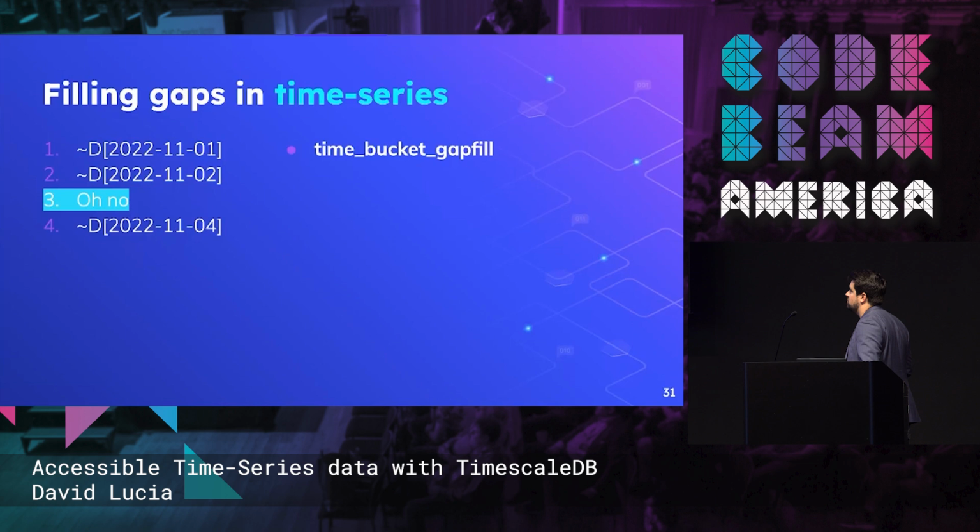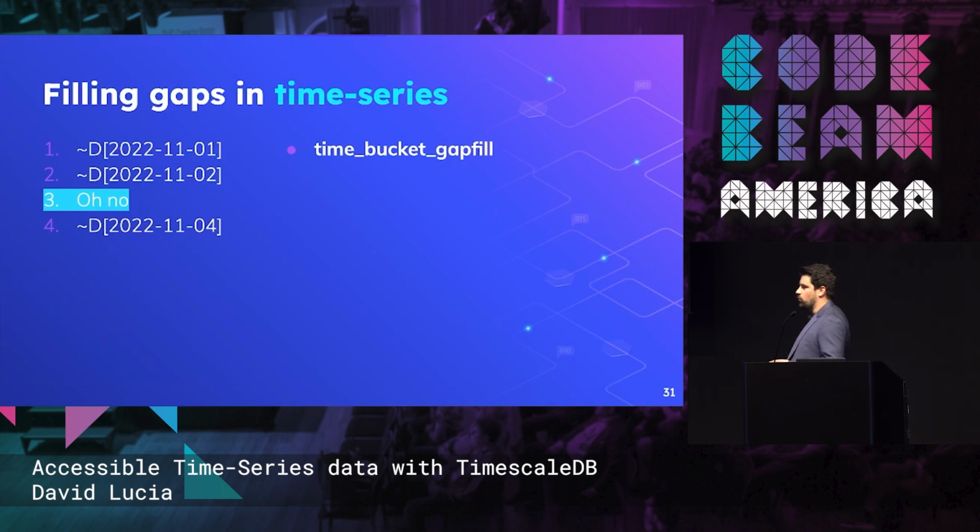So first things first, we can use what's called the time bucket gap fill function. Just like we saw with the time bucket before, time bucket gap fill is pretty cool in that it looks at the where clause of your query, and it has to be like a group by aggregation query. But it looks at the where clause, and it uses that to determine the start and ending time. And then as it returns the time series, any time buckets that are missing, again, you've chosen an interval like 1 second or 1 minute, it's going to fill in those buckets. So we could use time bucket gap fill in this example to say, I want all the data from November 1st to November 4th, and with time bucket gap fill, it's going to fill in that timestamp.